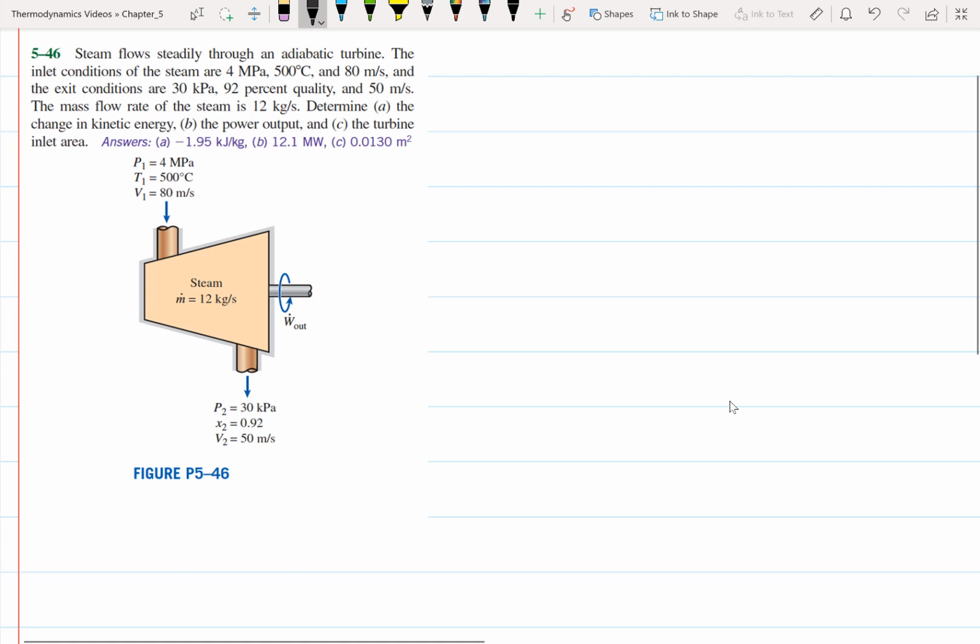So what I'm going to do, this problem already has a drawing, but I always do another drawing anyway, just because I feel like as I draw a diagram of the problem and write down the information, it helps me to understand what I'm solving, what I already know, and what I'm looking for. So I'm going to call this the problem